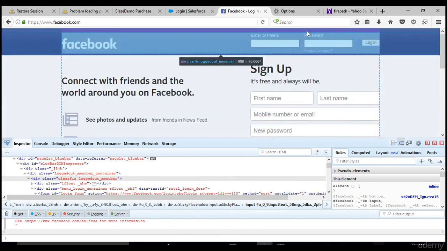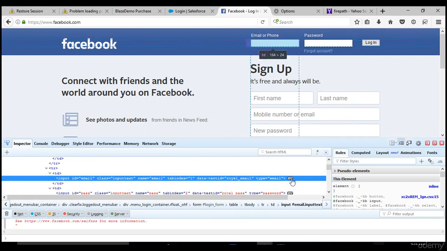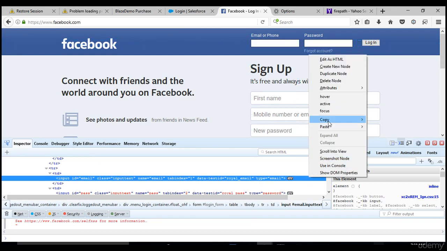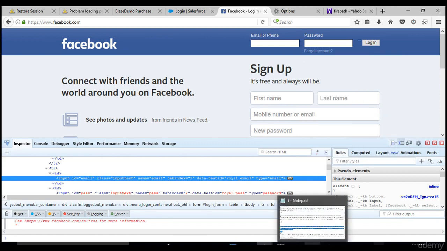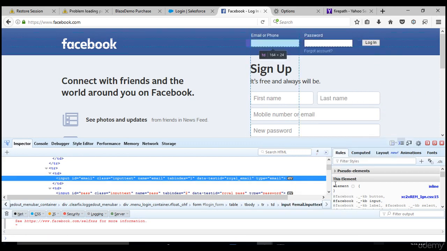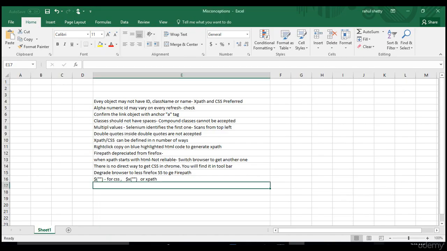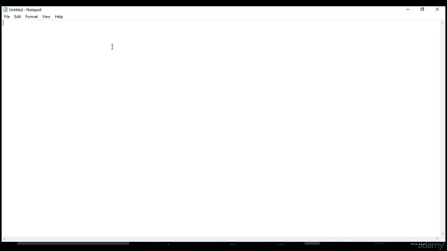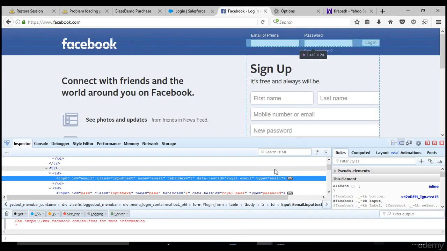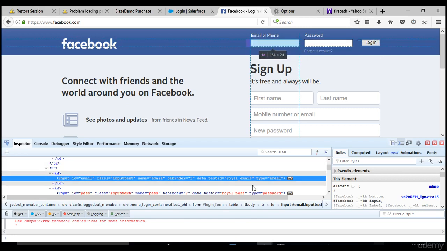Before I give the syntax of anything, let me copy this entire thing, the inner HTML. Let me go back and paste it here. Now I just copied this entire line which belongs to the email field attributes.